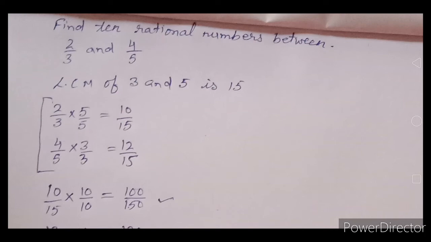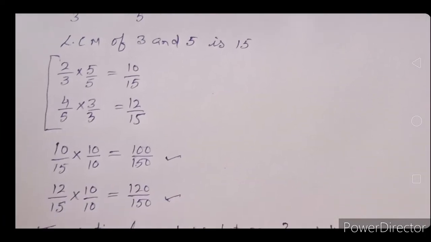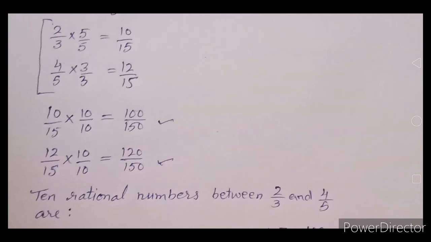Now it is 10 by 15 and 12 by 15. Again, we can see that between 10 and 12 there are not 10 rational numbers. We need 10 rational numbers. It means we need to multiply these two numbers further by a bigger number, so that we can find 10 numbers. Either you can multiply by 5 or 6 or 7 or 8 or 10. Because 10 is the simpler number, we directly multiply by 10, and we get 100 upon 150 and